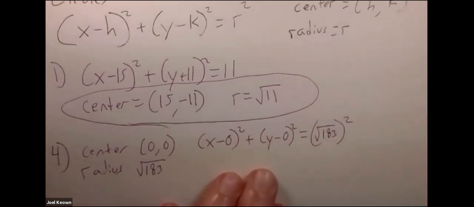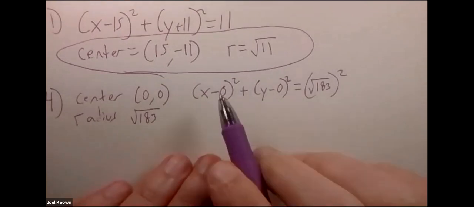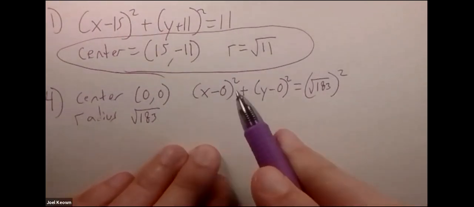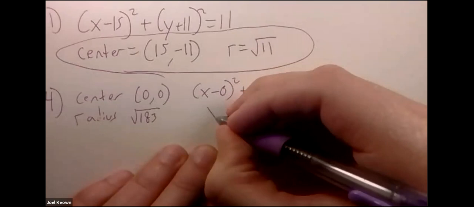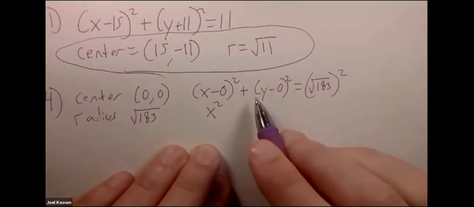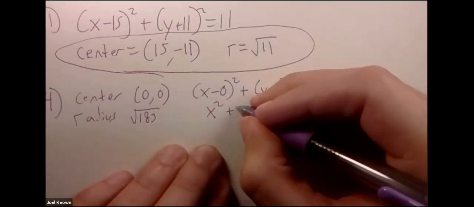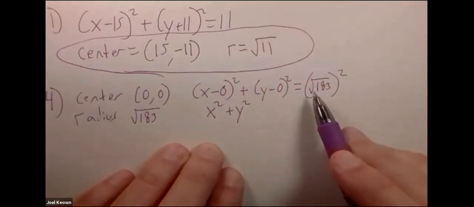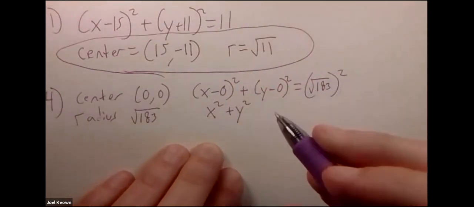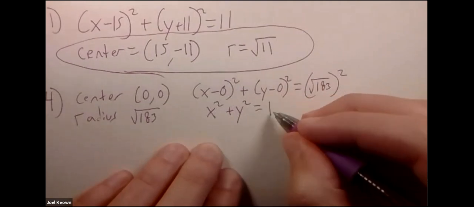But I need to square it. And then I'm going to simplify. Well, x minus 0 is just x. So I can rewrite this as just x squared. Same thing here, we have y squared. And here, the square root and the squared cancel out. So I'm left with